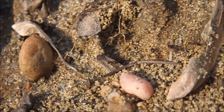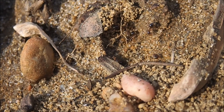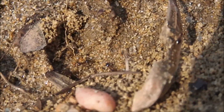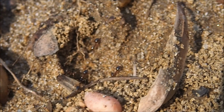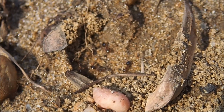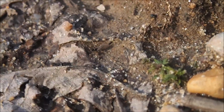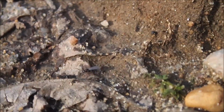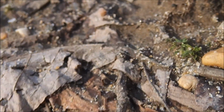This is a nest entrance to a Prenolepis imparis colony, and I don't see the entrance being wide enough for a queen to fit through. At least not here from this colony, so I might have to wait a few days for the actual queens to make it out. Over here is a male that did manage to make it out, so hopefully we don't get a little catastrophe where the males all make it out and then a snowstorm happens, and then finally later in the year when the queens can come out,